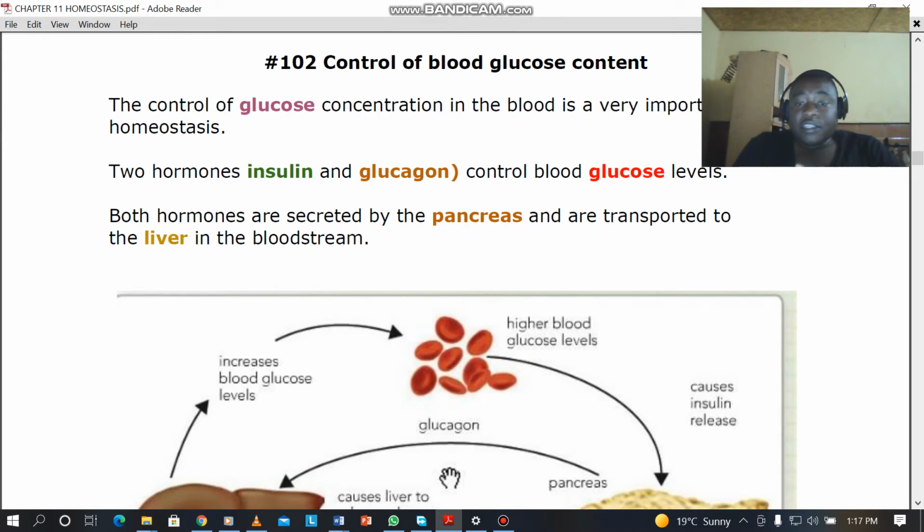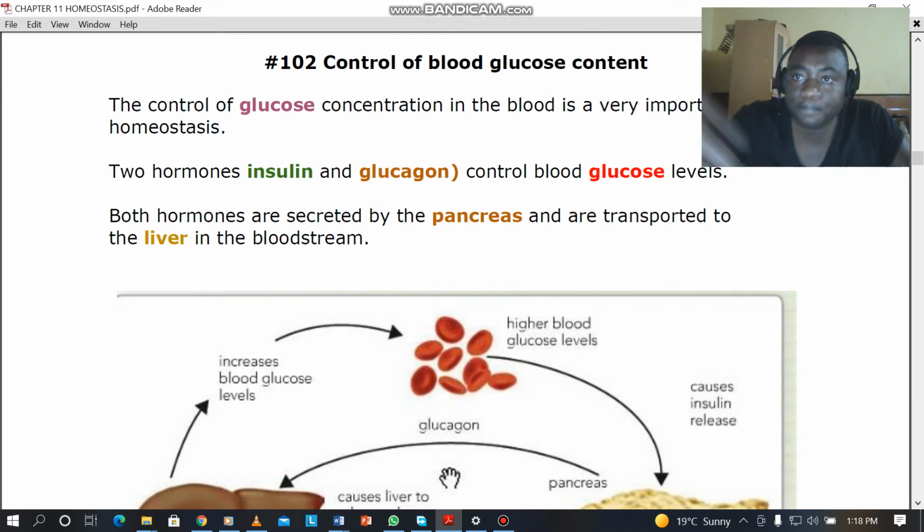When the body detects an increase in glucose level in your blood, there are cells in the pancreas which secrete a hormone called insulin. Insulin is always a hormone that is produced when you have excess glucose in your blood. So what does insulin do? Insulin is transported to the liver via the bloodstream, and it instructs the liver to convert the